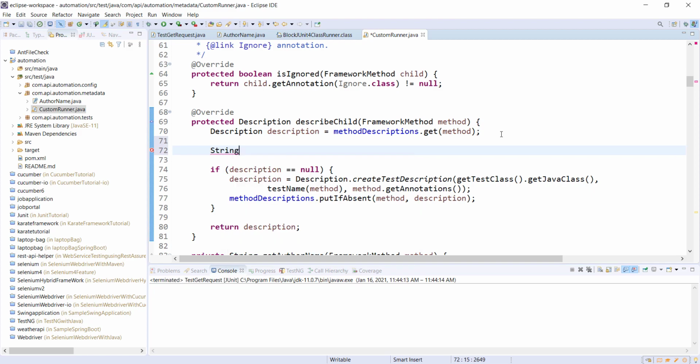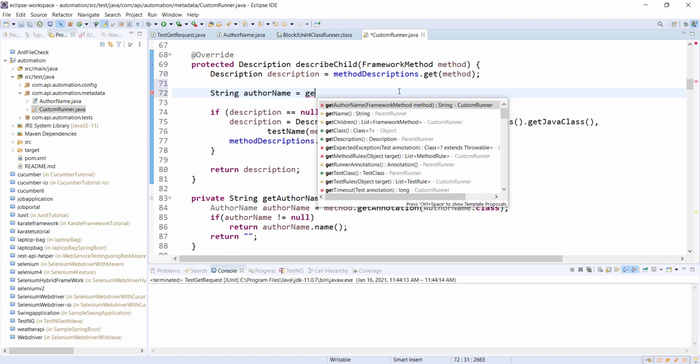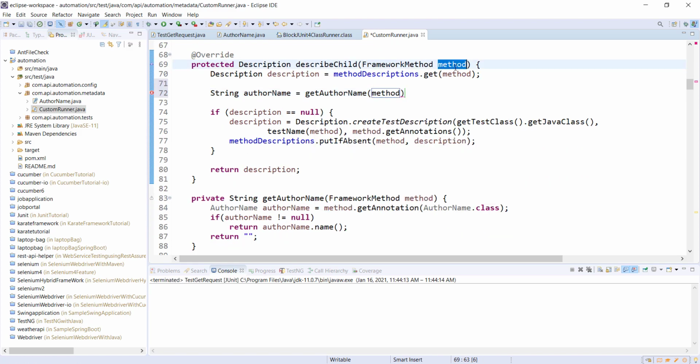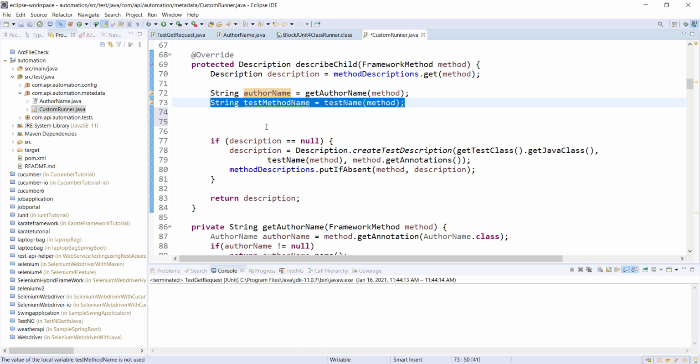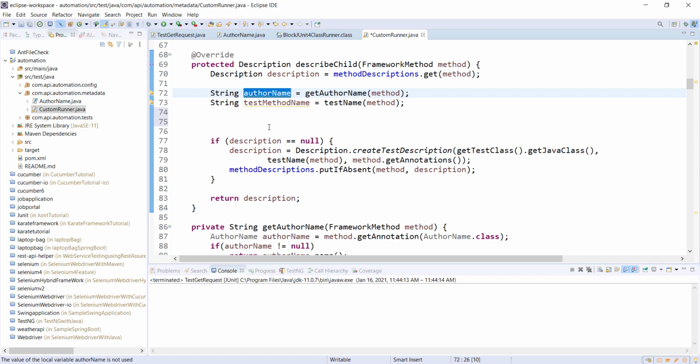I will create a string variable that will store the author name. I will call this method and pass the method object here. I will create one more string variable that will hold the test method name, and the test method name can be obtained using this method. After this statement, I'm going to put an if check. If the author name is present, then I'm going to append that author name to the test method name.